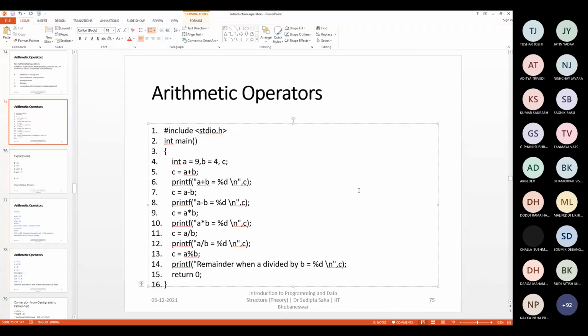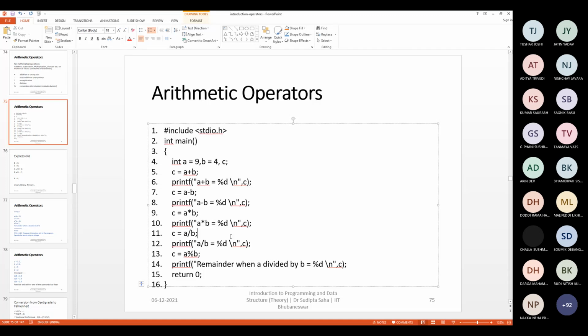Yes, these things only we are going to discuss right now. We should try to understand what is the minimal change we should make here so that the answer is correct. So for the minimal change, you may think: let C be the only float variable. Then the result will be stored in a float variable and things will be correct. But that is not correct.